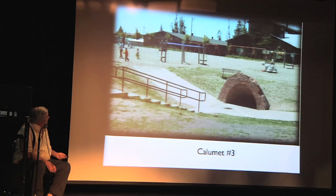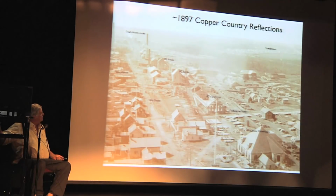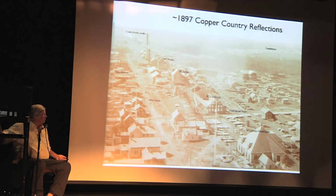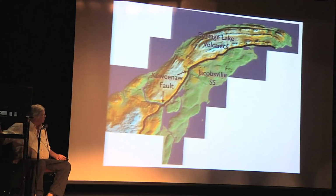In Calumet, the C&H conglomerate goes right through the town, right behind the schoolhouse. Here's one of the openings, which happens right on the school yard. That's the Calumet number 3 shaft location. And of course, the C&H conglomerate went right through the industrial corridor of the town and all the way down toward Millionaire Avenue. We found an occurrence of the C&H conglomerate which was underneath a mine dump. And so we're hoping to expose that and show it so that people can visit the actual outcrop location of